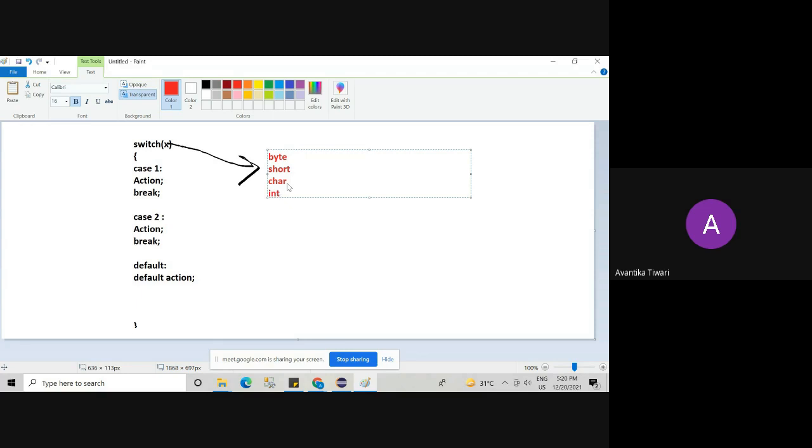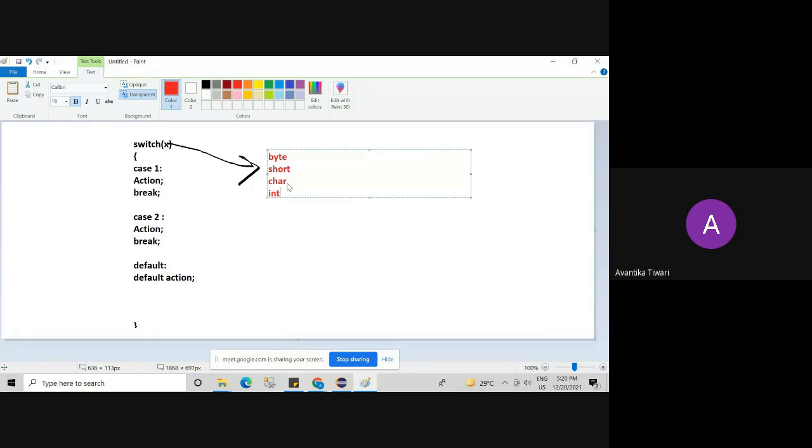So out of those primitive data types, the X can be either byte or short or char or integer. Other than these 4 types, no other value is allowed for this parameter X. Byte, short, char, int are allowed.